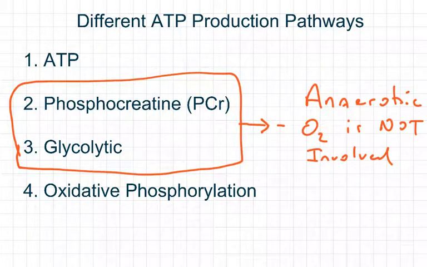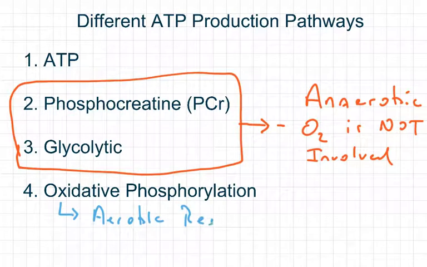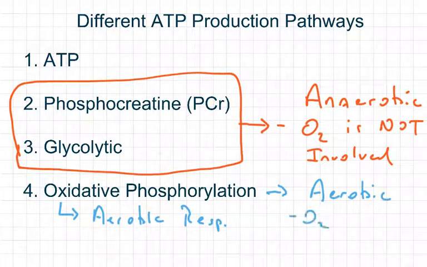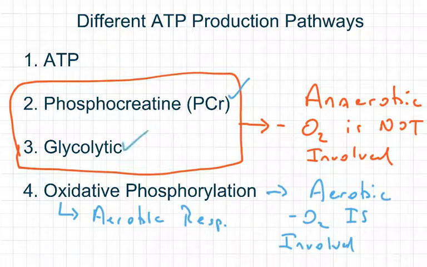Now, conversely, oxidative phosphorylation, also known as aerobic respiration, is, as you guessed it, aerobic. And what we mean by aerobic is oxygen is involved with ATP production. And with the rest of this video, we're going to cover the phosphocreatine and the glycolytic pathways,